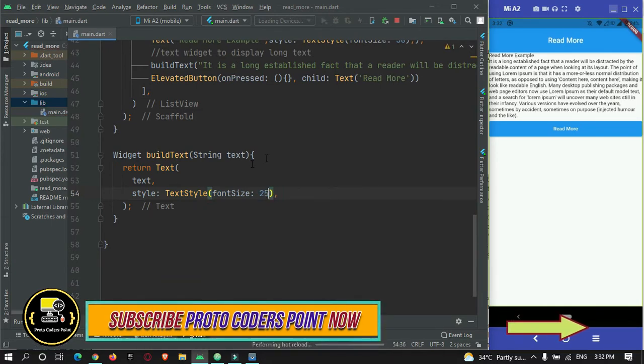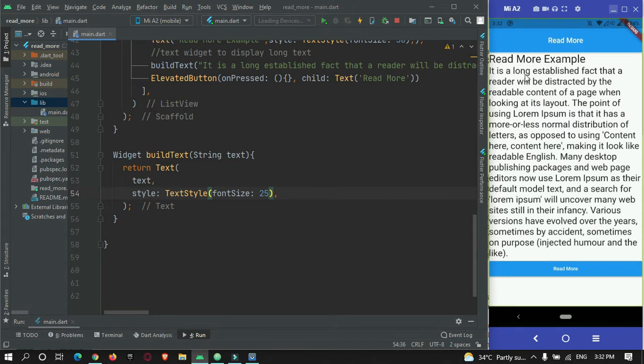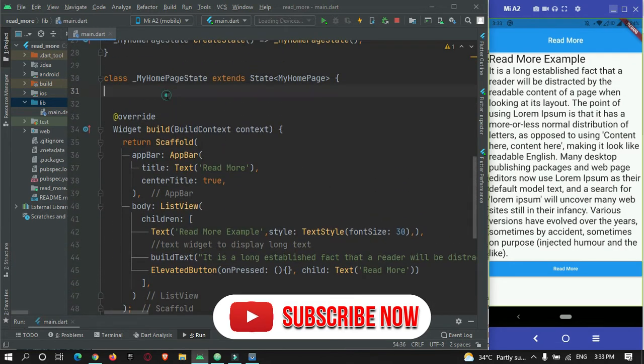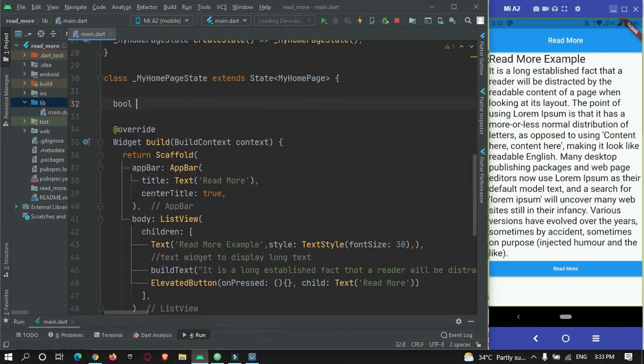Now hot refresh, and you can see there is a title and this is the text that is being displayed to the user. Now let's give a toggle button effect to this elevated button. For that, let's create a boolean variable isReadMore, and initially we will set this variable to false.